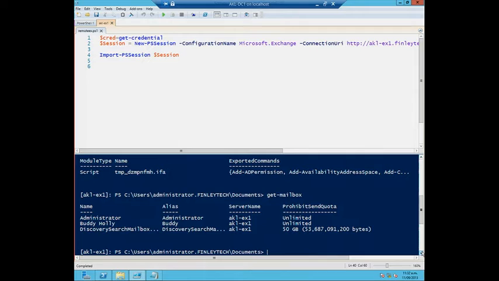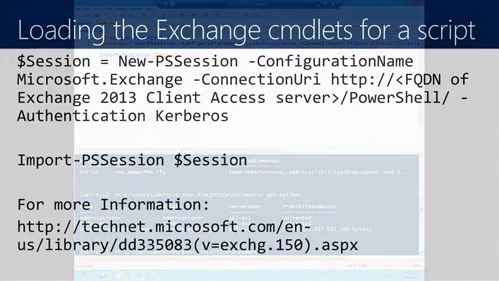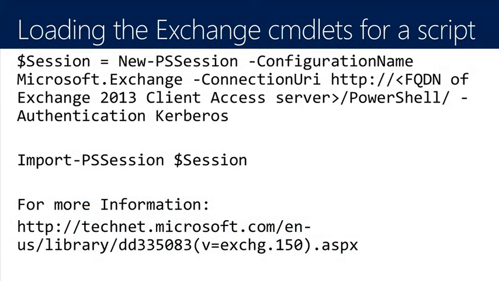Now, obviously, for that initial credentials, if it's a script that needs to run after hours, you're going to have to automate that and feed those in, but you can do that. Okay, so that's a handy little chunk of code to keep. You might want to add that $cred on top of that. Again, if you wanted a more detailed description of that, there's a really good article on TechNet for that.